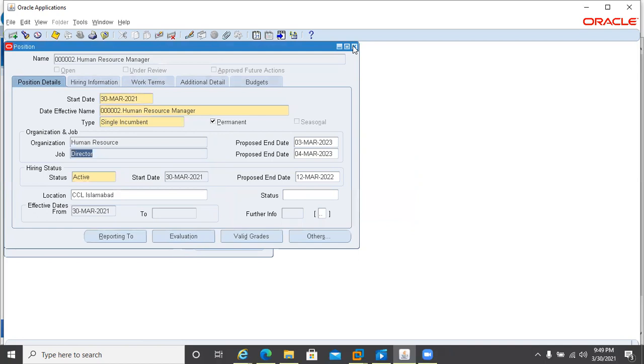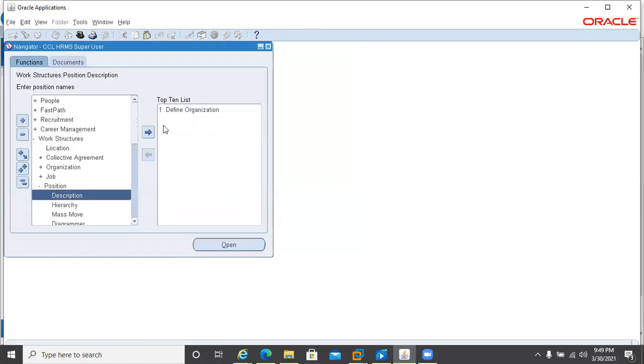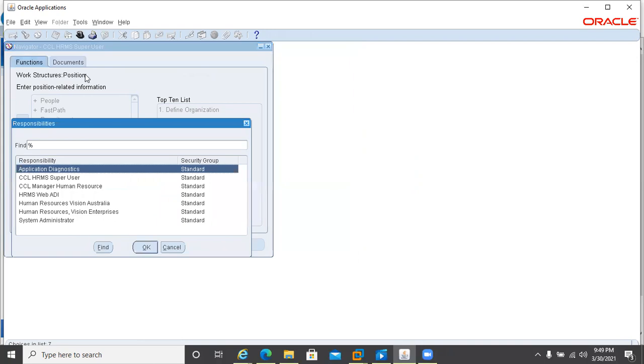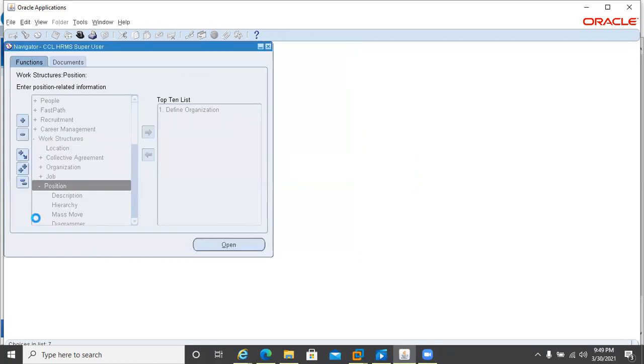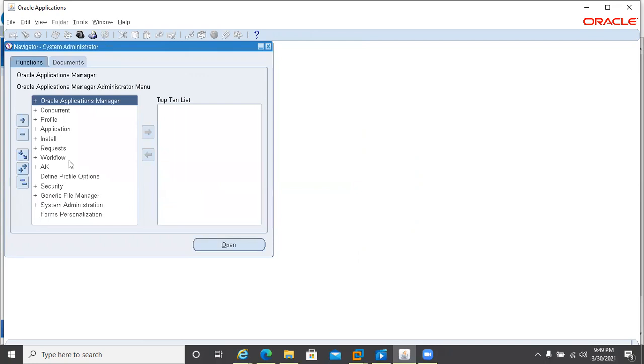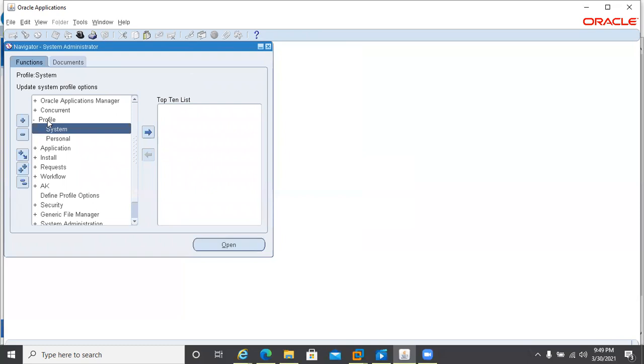So let me enable that profile option, and then you will get a better idea, since we already worked on profiles and other things. Once we enable the profile option for this specific responsibility, you will get an idea.